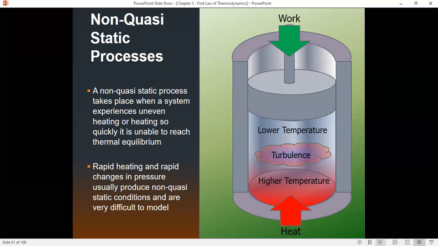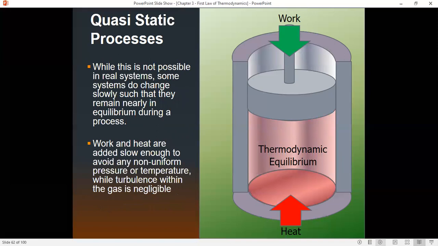Again, we are dealing with approximations. We are trying to come up with an approximation of how these systems will behave. But again, you'll hear the term quasi-static. Obviously, we can't move these cylinders so slow, so infinitesimally slow that no work will come out of the system. There has to be some motion. There will be a little bit of turbulence. There will be a little bit of non-equilibrium thermodynamics going on here. But we try to get it as close as possible.